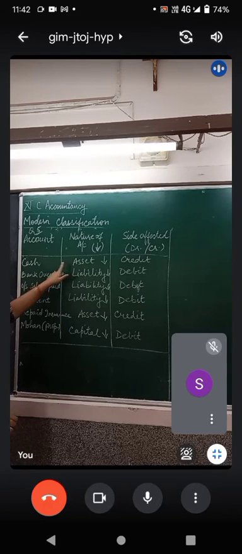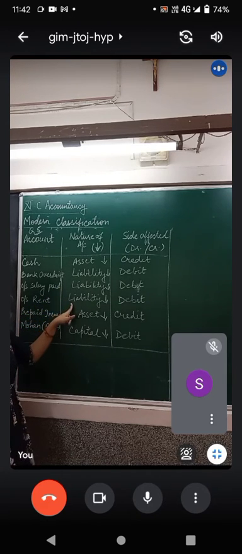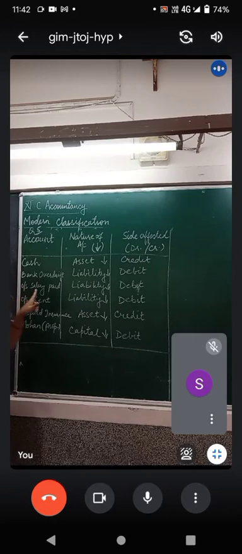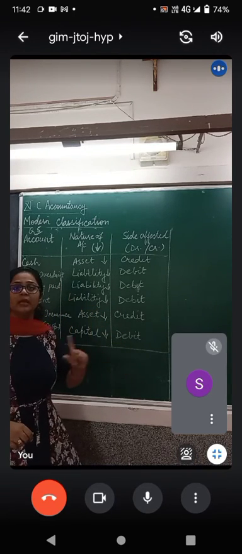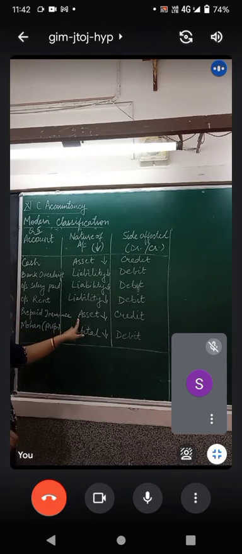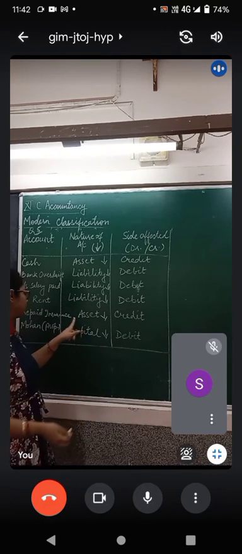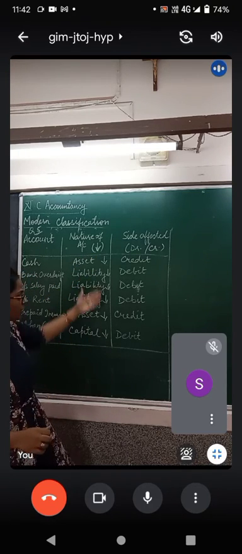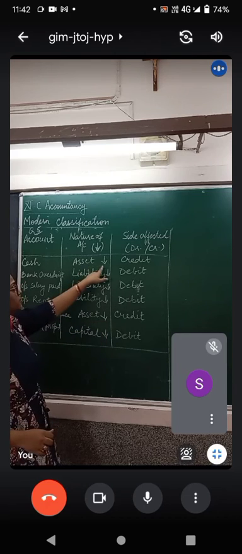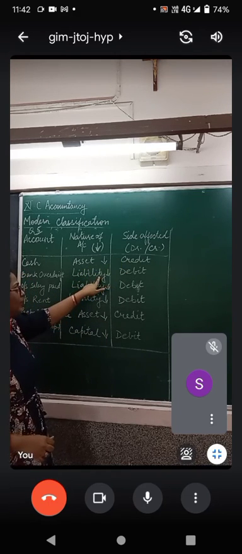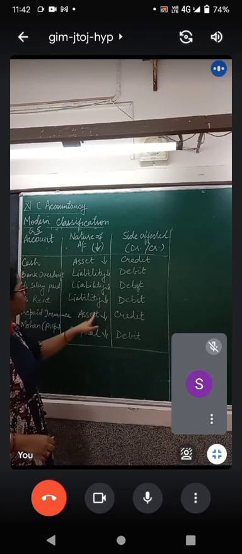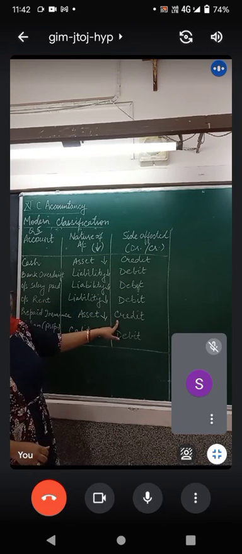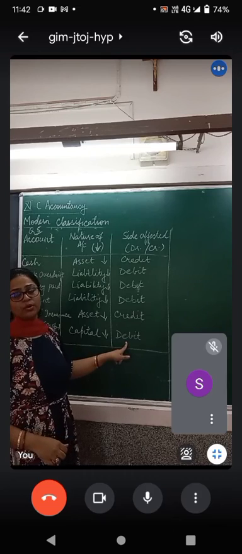Cash is an asset. Bank overdraft is a liability. Outstanding salary, I'm sorry, outstanding rent is also a liability. अगर outstanding नहीं लिखा होता, this would have been an expense. तब हम इसको expense बोलते, liability नहीं. Prepaid insurance comes on the asset side of the balance sheet. It is an asset. And Mohan, who is a proprietor, his balance is his capital. Asset कैसे reduce करेंगे उसको credit करके, liability को debit करके, asset again उसको credit करेंगे, capital को debit करेंगे.